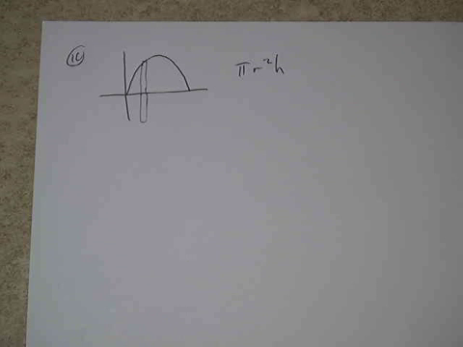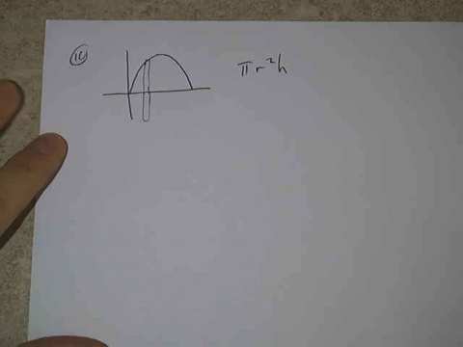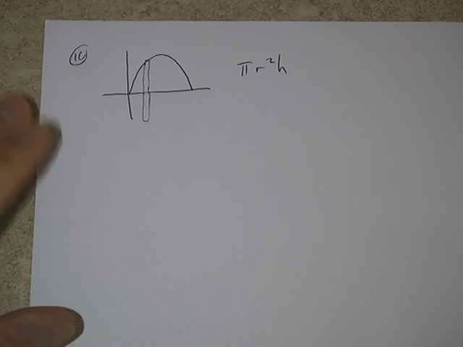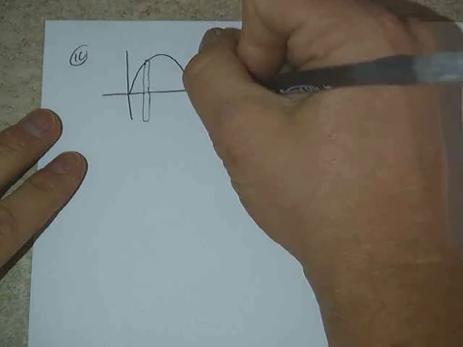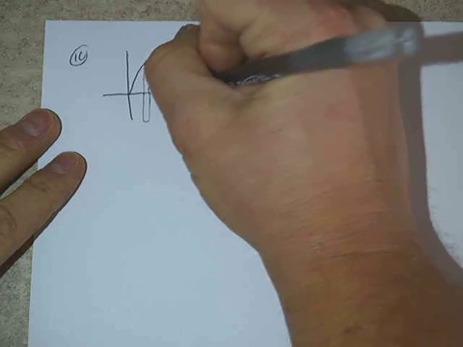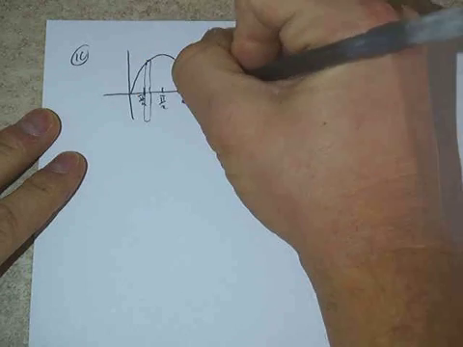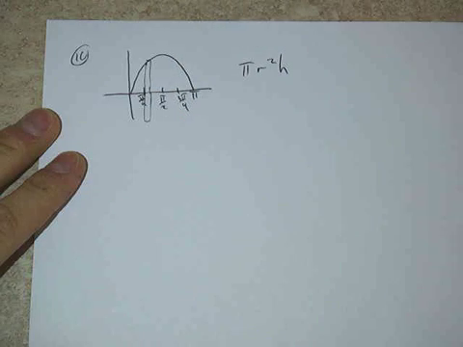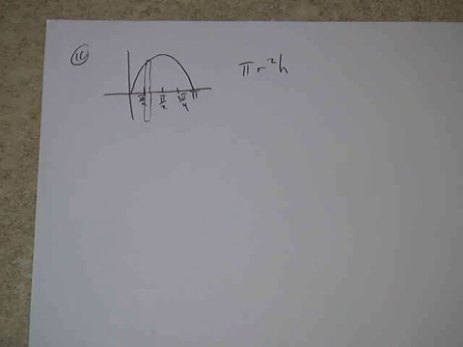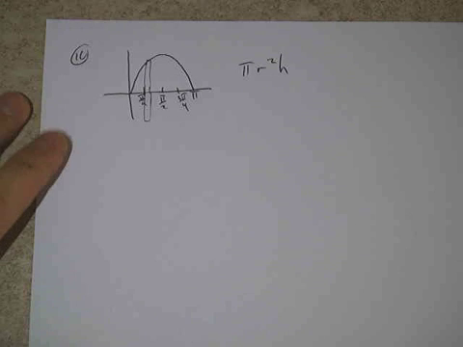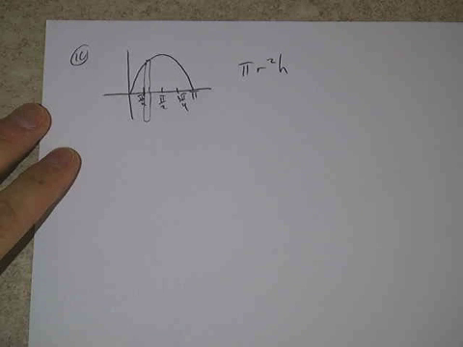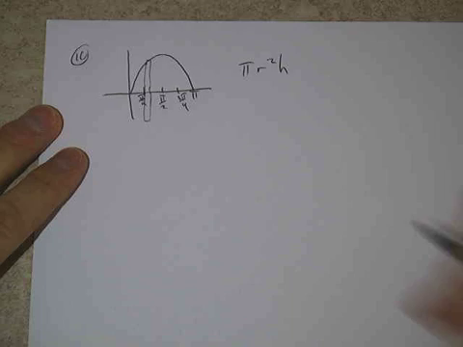We just want to set up a Riemann sum. It doesn't really give us anything more specific than that. It doesn't say to use a certain number of subintervals or whatever. So just for argument's sake, we know that this is pi right here. This is pi over 2. So let's say we make 4 subintervals. So we'll do pi over 4, 3 pi over 4, and so on. Whether we use LRAM, RRAM, or MRAM is up to us. It just says use a Riemann sum, so it's up to you which one you use. Let's do